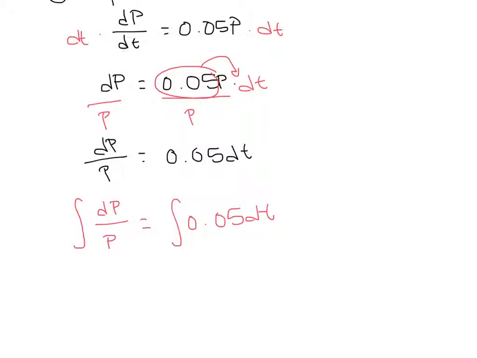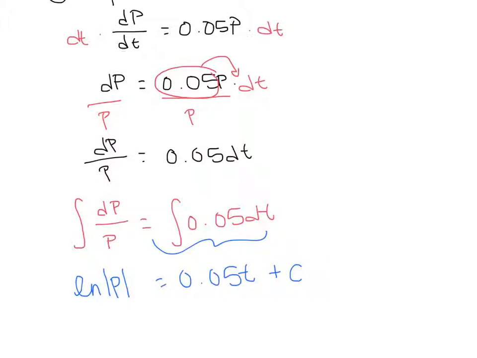dt. Now, notice this very easily would integrate to the natural log of the absolute value of p, which would equal the integral of this side, which would be 0.05 t plus c, okay? I know you probably want to add in a plus c over here, but you don't need to do that because one constant's enough. It'll make up for the fact that we didn't add one there. Now we're super, super close to being done with this problem because we did the hard part, which was